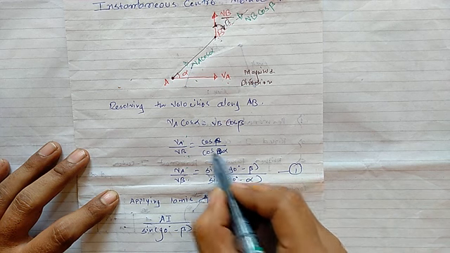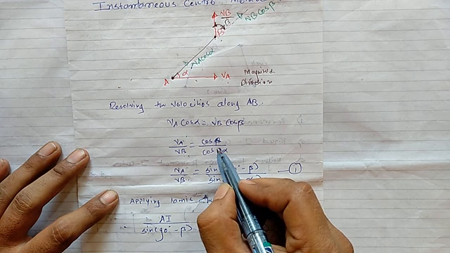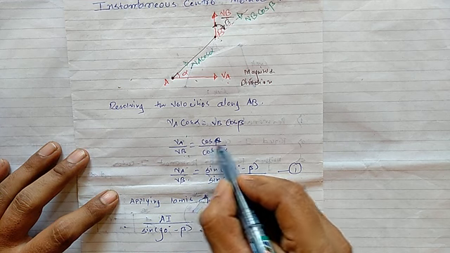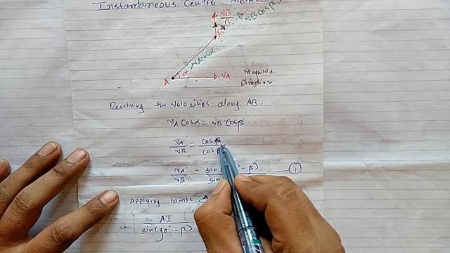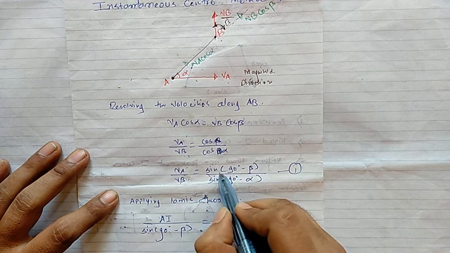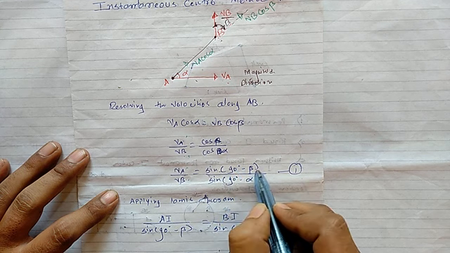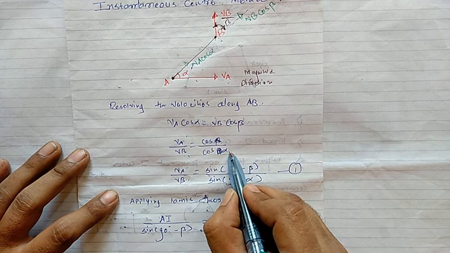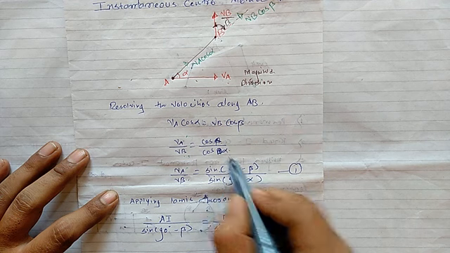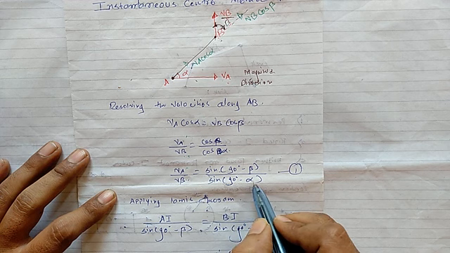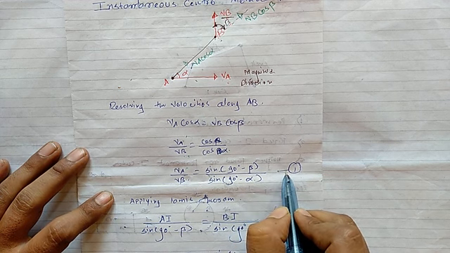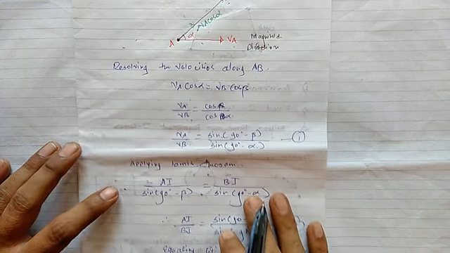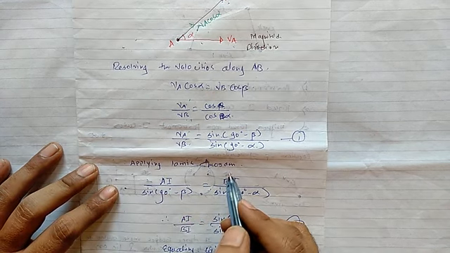So how can we consider this? It is the expansion, that is the trigonometric term. We know that cos beta has to be converted into sin. What is the basic trigonometric relation? Cos beta is equal to sin(90 degree minus beta). In the same way, I want to convert cos alpha into sin. So cos alpha is equal to sin(90 degree minus alpha). That is your equation number 1. So all of you understood equation number 1? Yeah. After getting that equation number 1, apply Lami's theorem.